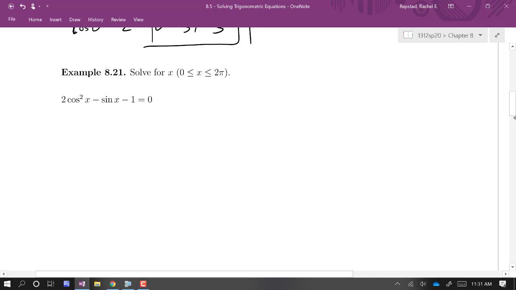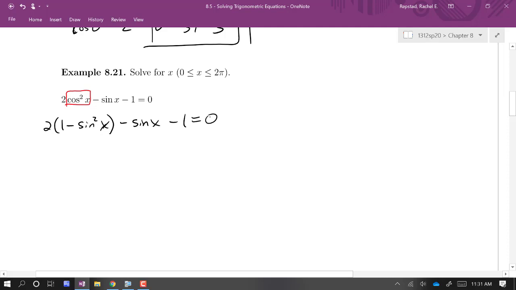So let's do another one. We want to solve for x, where x is between 0 and 2 pi, so one go around the circle. One thing that makes this problem a little bit trickier than the last one is that there's more than one trig function. I really want to be able to boil this down to statements where I just can find the value of a single trig function and then use the unit circle. So I'm going to start actually by using the Pythagorean identity to rewrite cosine squared theta. So cosine squared theta using Pythagoras is 1 minus sine squared x,